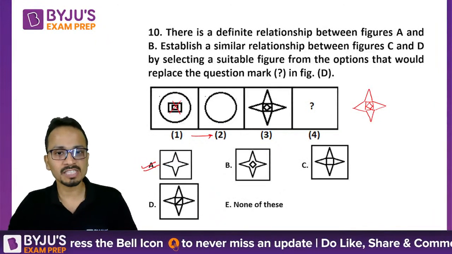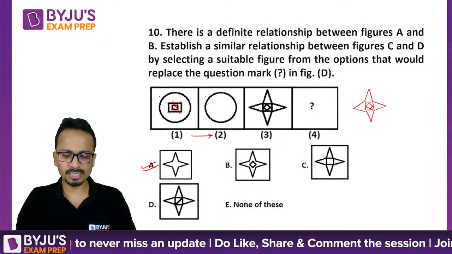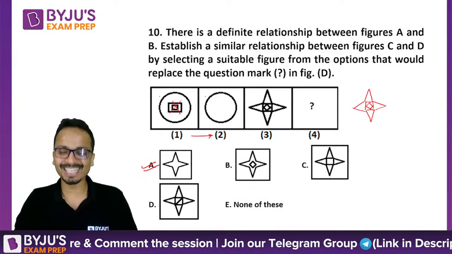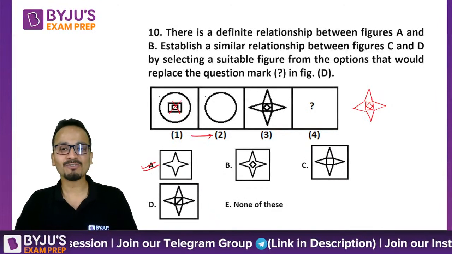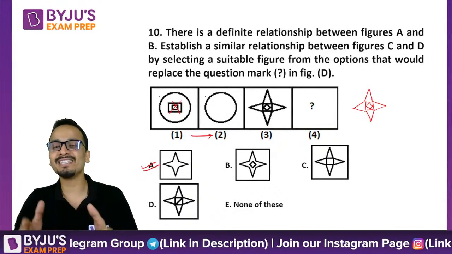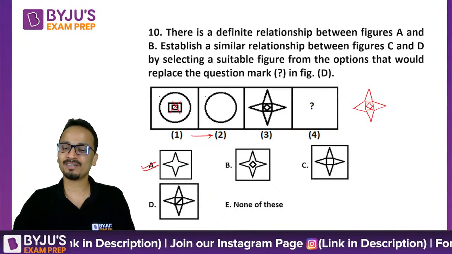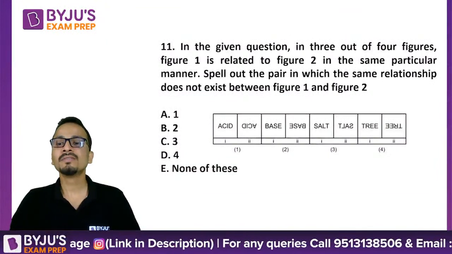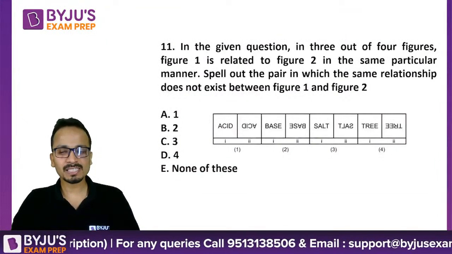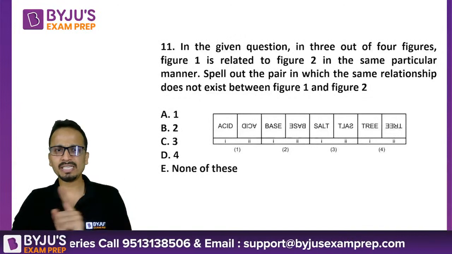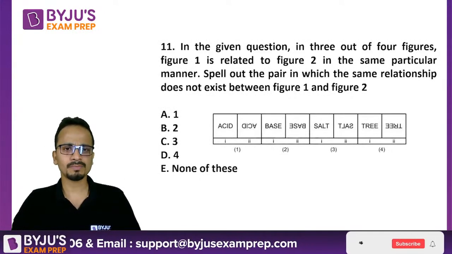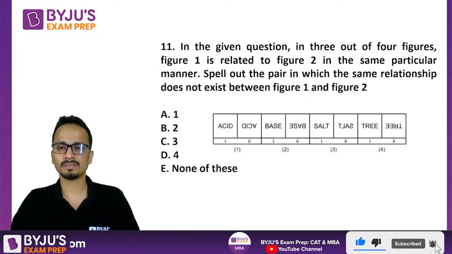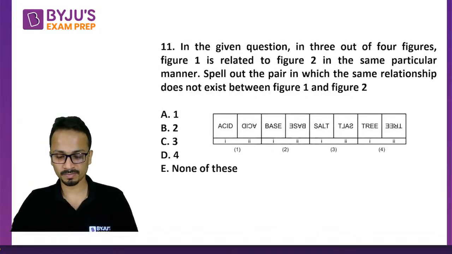Now, those who have selected different answers, am I clear to all of you? We have dropped the two inner figures. Yes Meher, we can say that it is a ninja star. So we have retained the ninja star, the outermost figure. Okay, now let's move on to question number 11. Question number 11 is slightly of a different type, but read the instructions at the top and then you'll be able to understand what we have to do in this question.